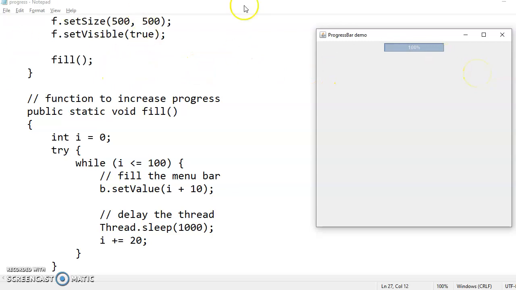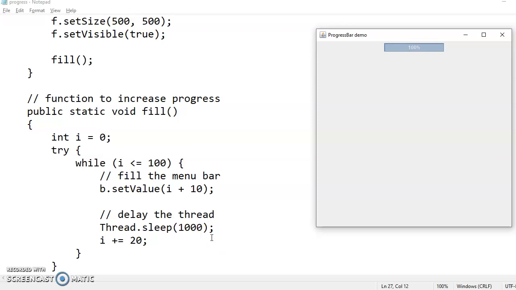Once it has displayed 10, it waited for 1000 milliseconds, then the value of I we are incrementing by plus 20, means 30. So directly it will show 30, then 40, 50. We keep on repeating this thing until it reaches 100 value, means 100%. So we want intermediate steps to be displayed, like intermediate percentage to be displayed, 10%, 20%, 25%. So we are using a sleep method to pause that screen for certain period of time. 100,000 milliseconds is the value which we are using.